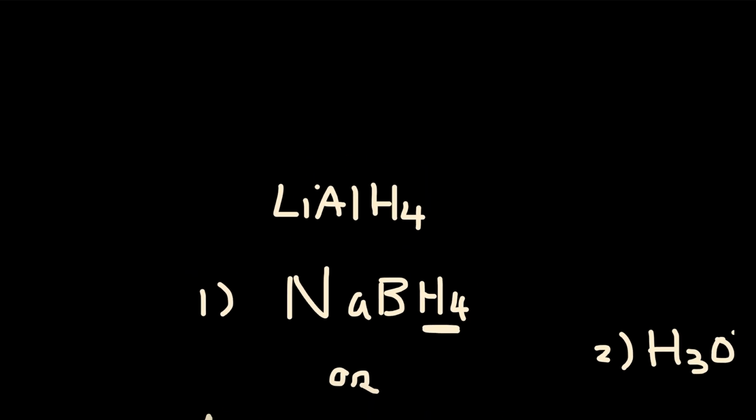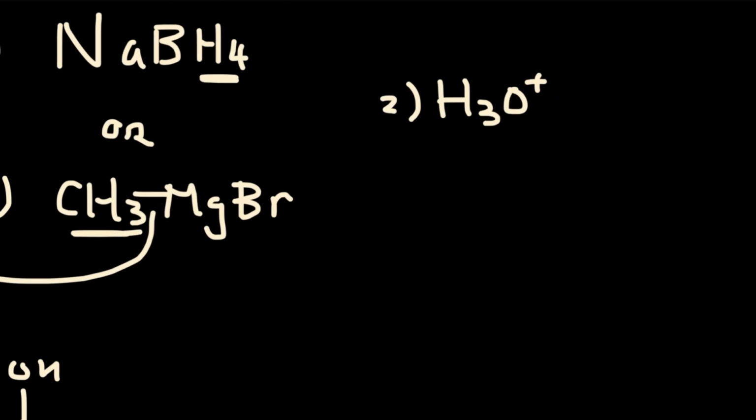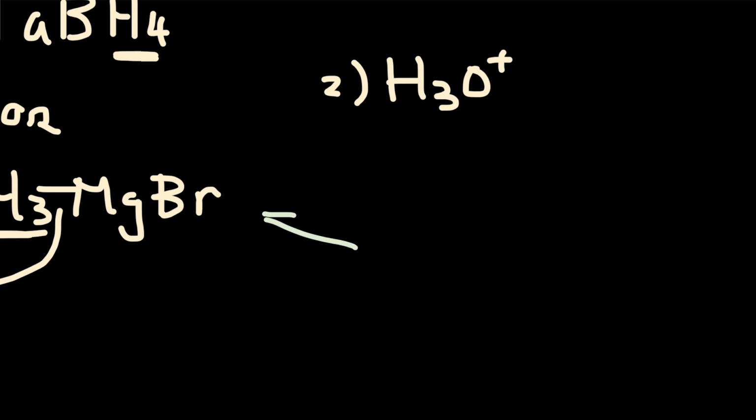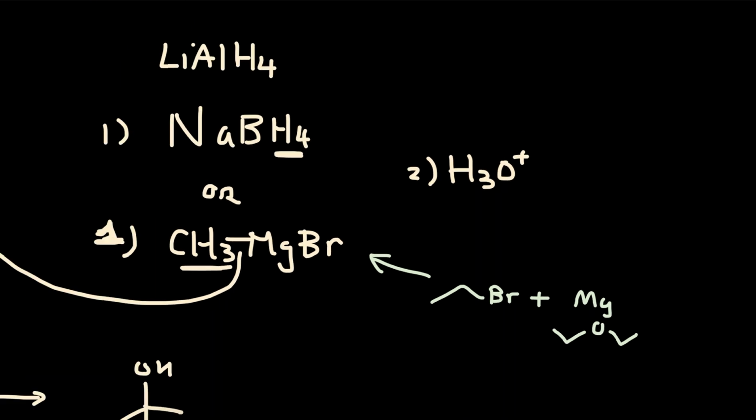Okay, so during the preparation of Grignard reagents, how to prepare Grignard reagent? So you get some sort of alkyl halide. You react it with Mg and diethyl ether. So during preparation of Grignard reagents, there is a main impurity, which is called the alkyl dimer. So other important things to note